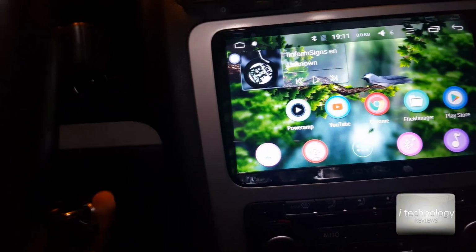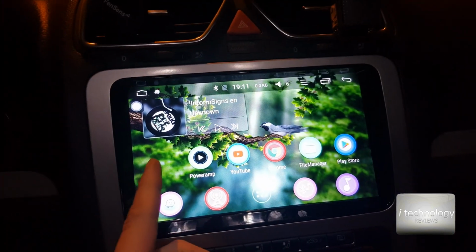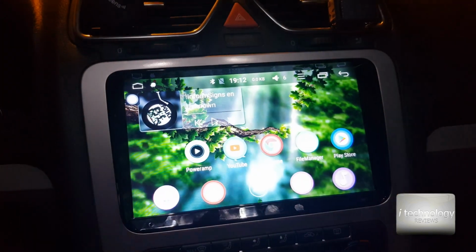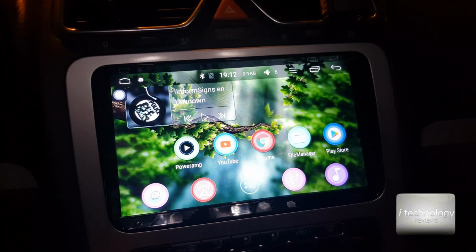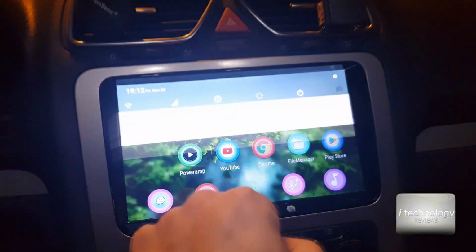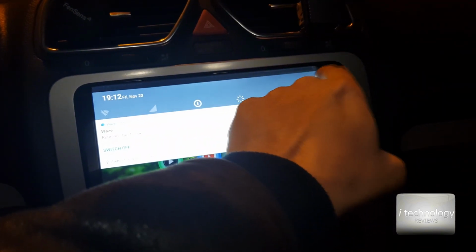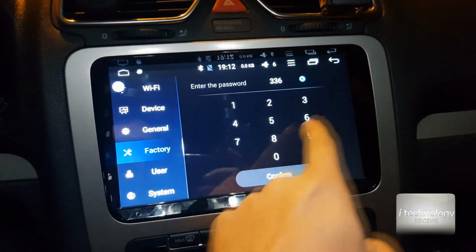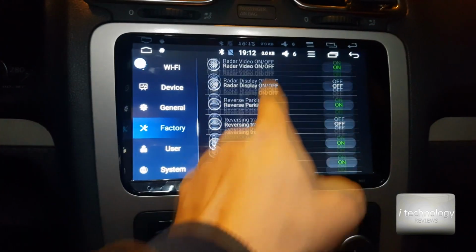Then put your key in the ignition, and when you turn the key, the navigation must boot up with the Volkswagen logo, the Android 8 logo. If this will not happen, go in settings. I had this small problem. Go in settings and go at